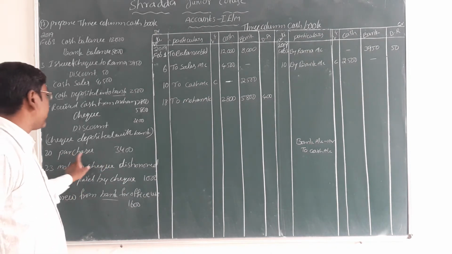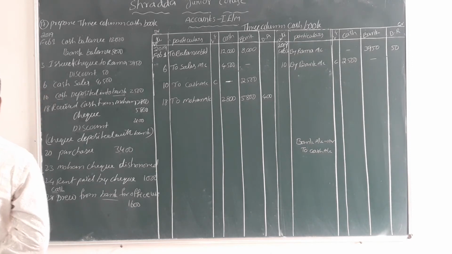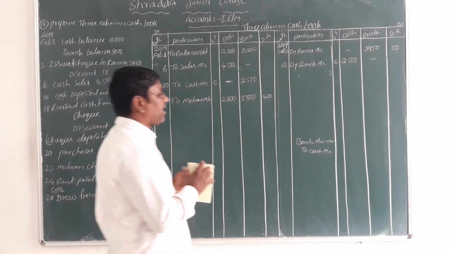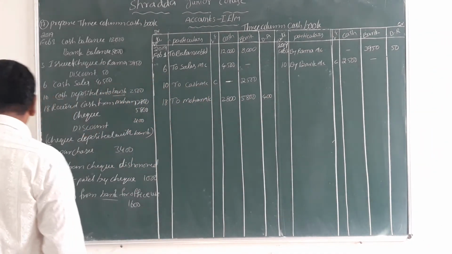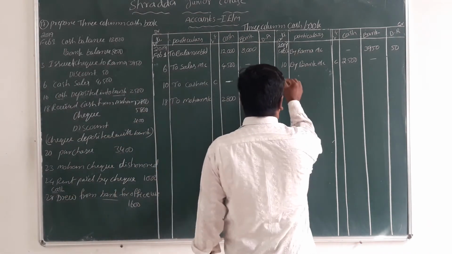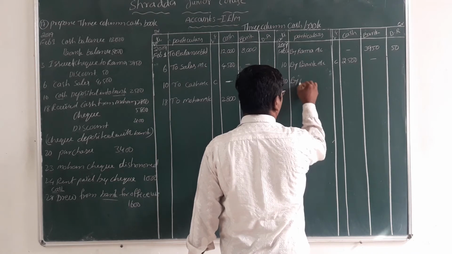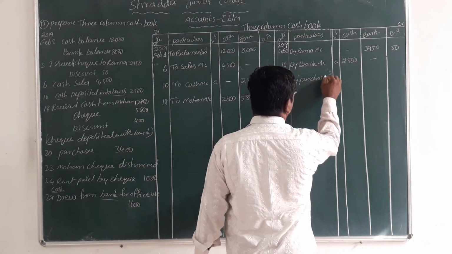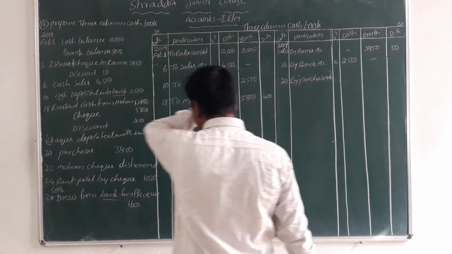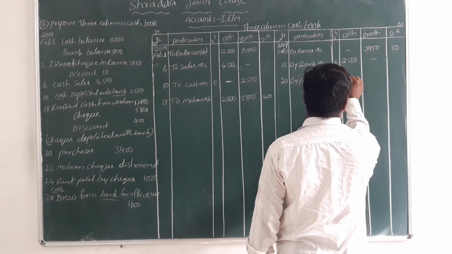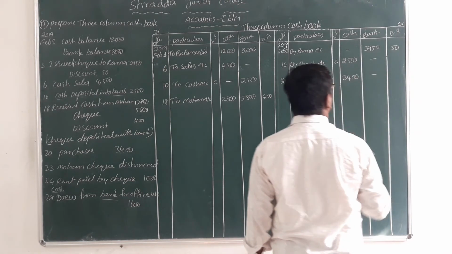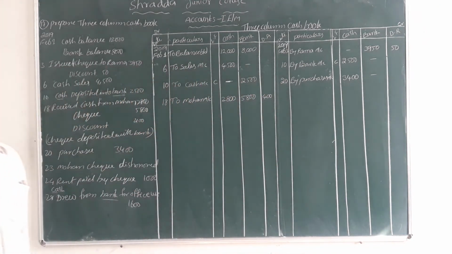Okay now, so this time what goes for the business, friends? Cash goes for the business. So then we can record it on which side? Credit side. Why? Because cash goes out now. Write down date 20, by purchases account. What is the amount? 3,400. It is a cash amount. We can record into cash column that 3,400 rupees. That is completely cash purchases. Then we can record in the cash column on the credit side.